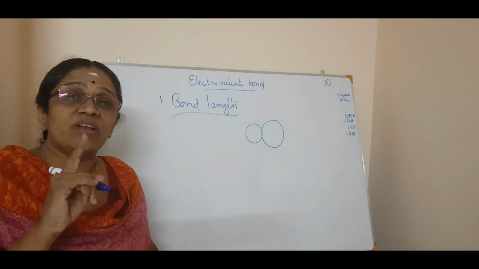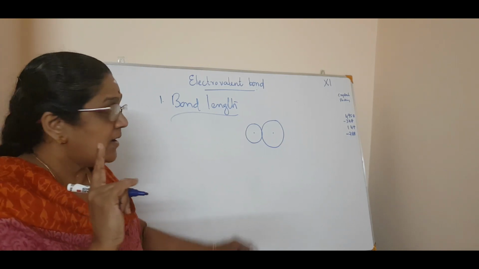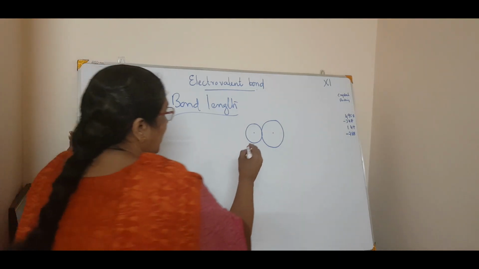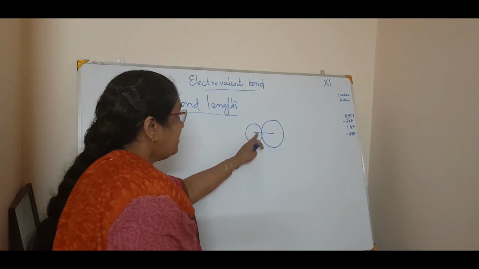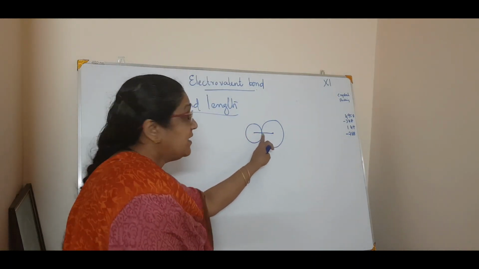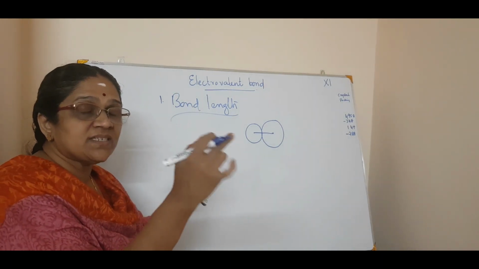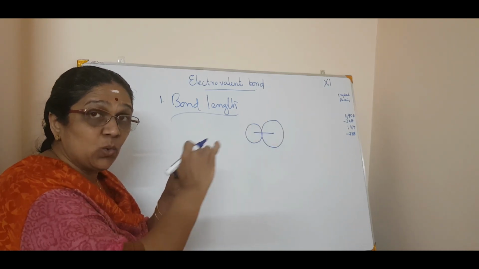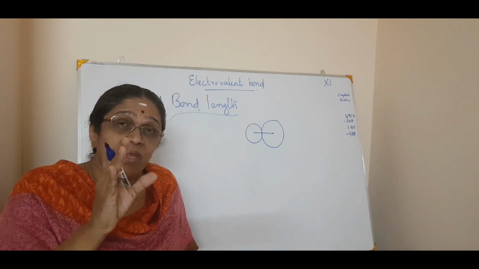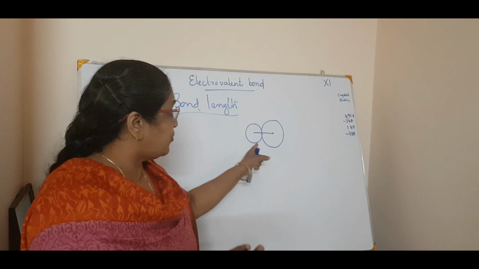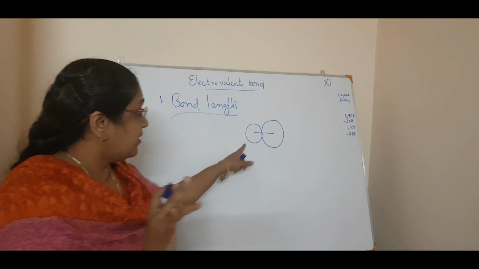Okay. If it's a bonded atom, very important. You have studied this in covalent radius and metallic radius in the last chapter, I think so. Okay, so here is a bonded molecule. And what is this? This is the bond length. That is the equilibrium distance between the two bonded atoms. The nuclear distance, nucleus to nucleus, what is the distance between the two, internuclear distance to be exact. The equilibrium internuclear distance between the two bonded atoms is called as what? Bond length.